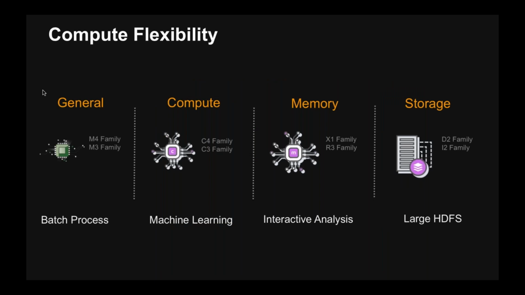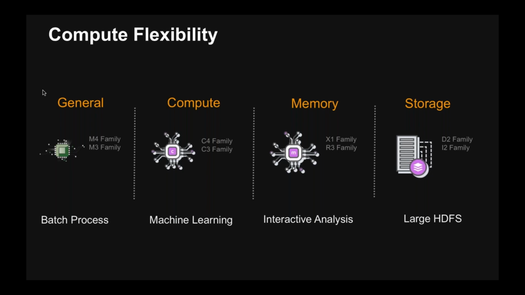Within the EC2 family of virtual machines, we have a number of different families that have different characteristics depending on what you want to do with them. So there's general purpose, there's ones that are more compute heavy, ones that have got more memory, etc. And if you look at the types of big data analysis that people typically do, they can lend themselves to a very specific configuration. So batch processors obviously aren't too fussy, but things like machine learning really loves CPU, and so if you can have a much more CPU intense type of instance,